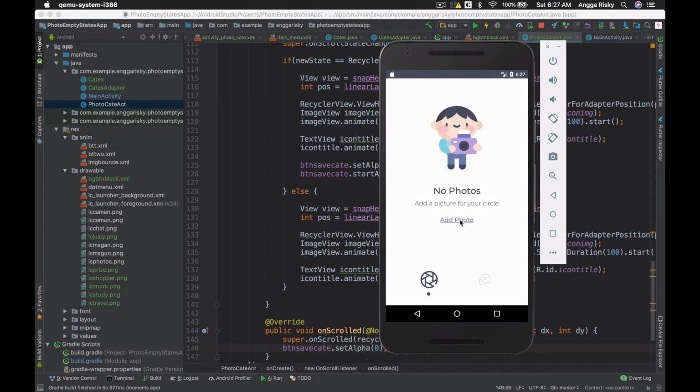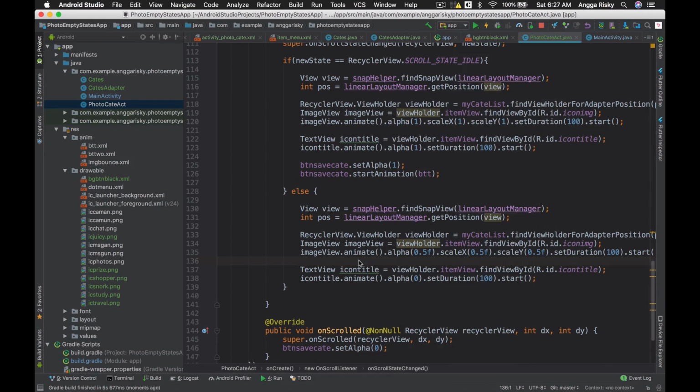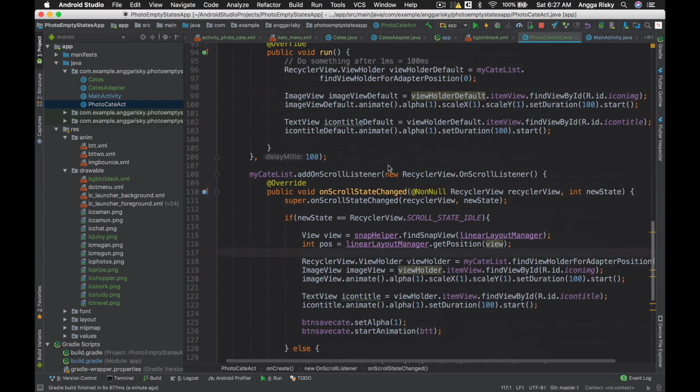So if I click add photo, where is the button continue? Oh my god, I have to do like that first. So if I add photo, there is no button continue, and it is a bug. This is a bug.